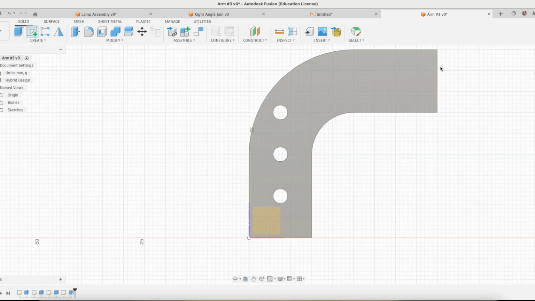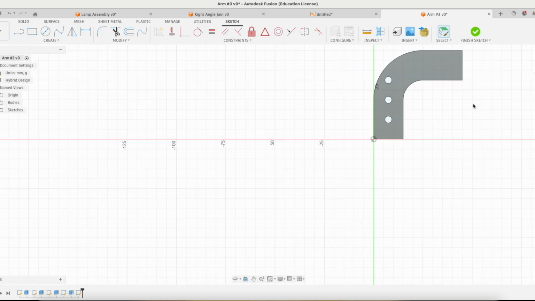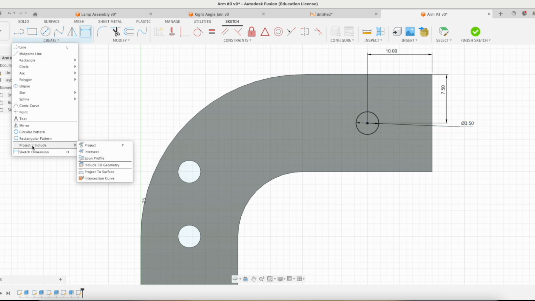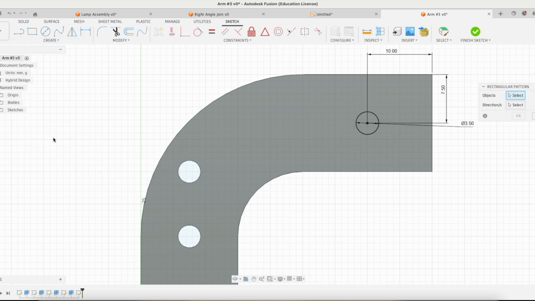I'm now selecting to sketch again. Always goes back to the datum, but we want to sketch up here. Circle, click, dimension tool, 3.5, dimension tool still on, and I want this to be 7.5 from that edge, and I want to be 10 mil up from that edge there. We are then going to go to create, rectangular pattern,